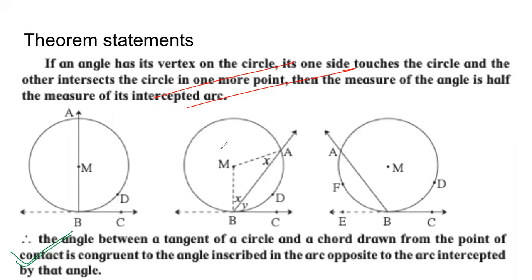And that is what I explained to you in very, very simple terms on the previous slide. So if we have to use this theorem, all we need to say is angle between secant and tangent. That's it. We don't need to write the entire theorem. If we understand, very good. But to quote this theorem, to cite this theorem, all we need to say is angle between tangent and secant.